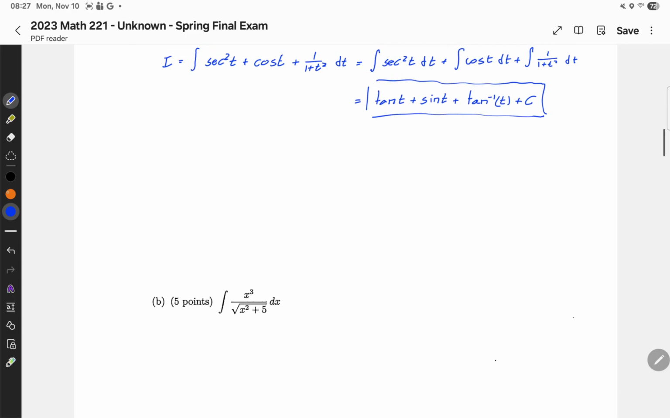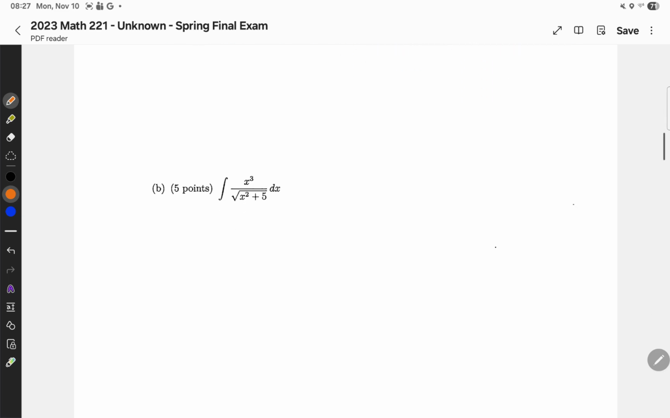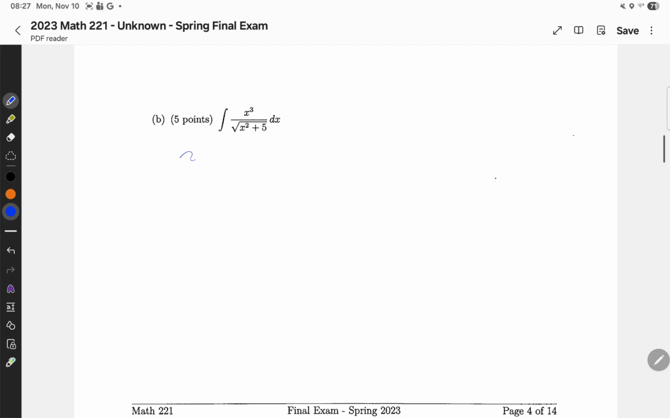All right, I'll put a little note. This is also equivalent to arctan. Same thing. Okay, so next up for part B, we have the integral